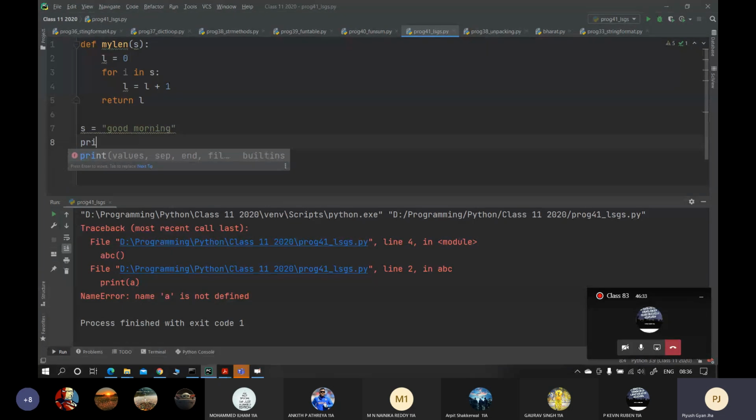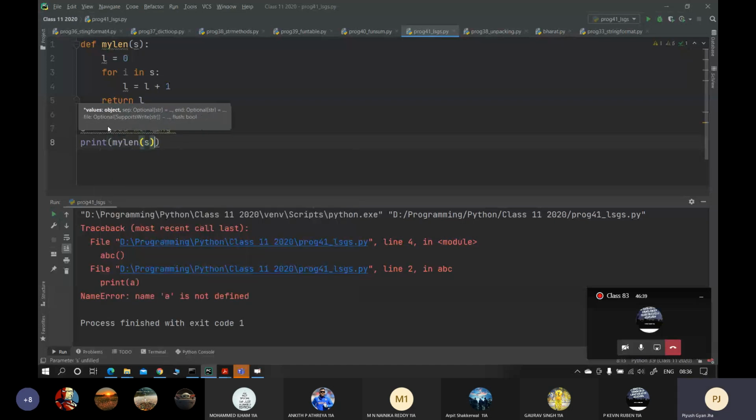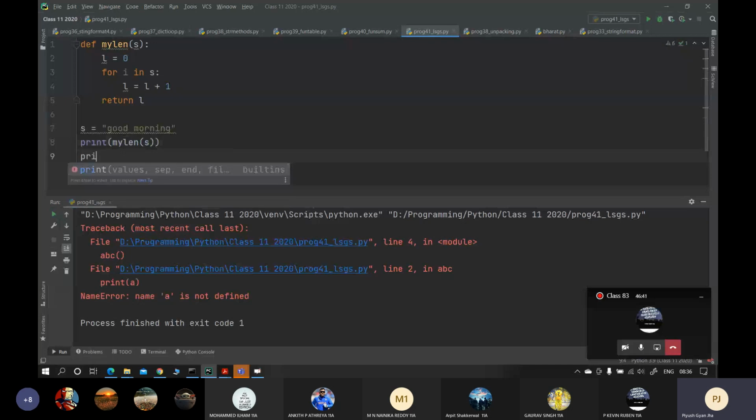I'll give you some time. Print mylen s, and I'll also print len s.